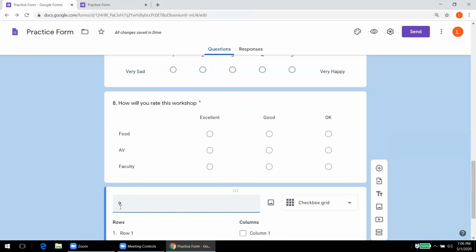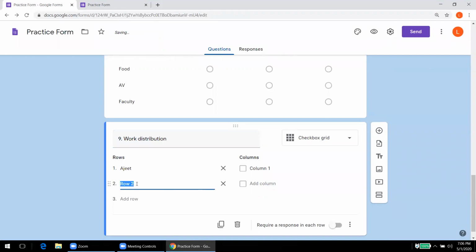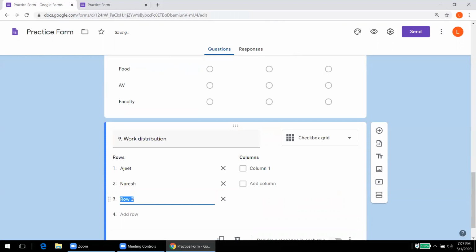Now, for example, we can say work distribution. So here we can mention, say, Ajit, then Naresh, Raja, and the work allotted is food, canteen, whatever we can write here, just for the sake of demonstration, flowers or any type we can say.